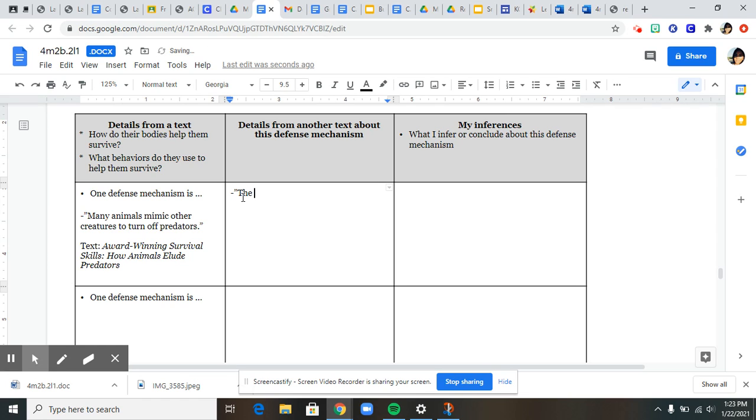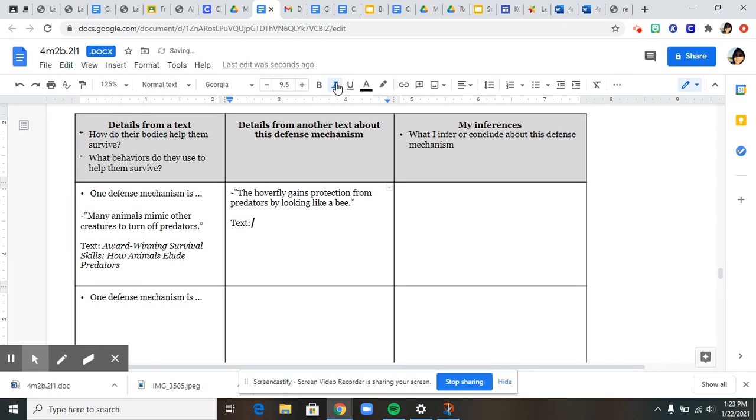And I'm going to put the hoverfly gains protection from predators by looking like a bee, because that's mimicking